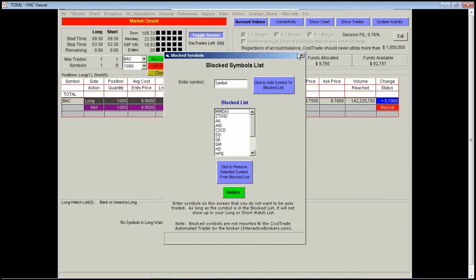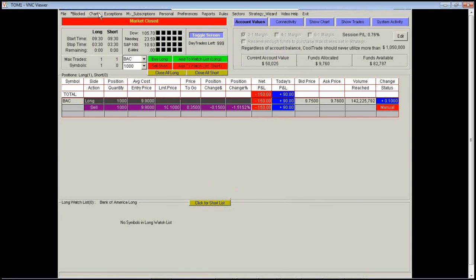So a couple other things to show you. So the next tab here, blocked. If you ever want to block a symbol, say that one shows up in your watch list here and you don't particularly care for it, any symbol, just take one, GM or GE or any one that say you didn't care for, you could just enter it in here very easily and then add it to your block list, and just go ahead and click this button, and the system will never consider buying that stock. And what primarily that's used for sometimes is if you happen to have some positions at the broker that you don't want the auto trader to trade, like you want to keep them forever,